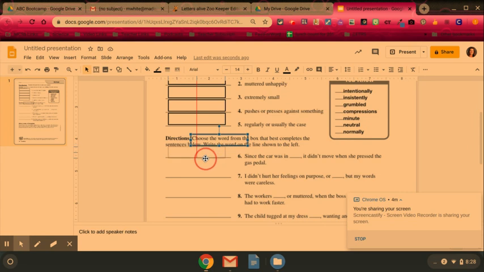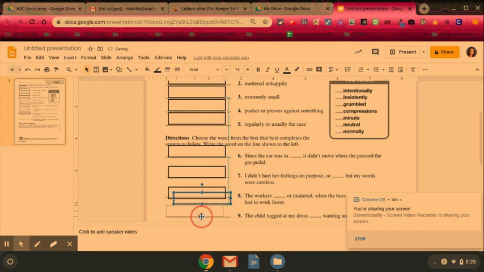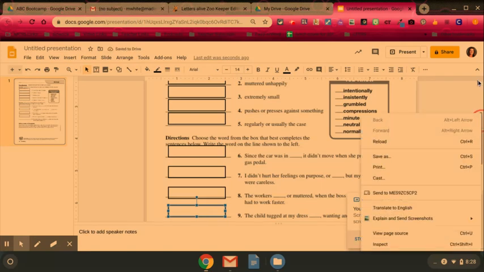And again, Control D. Control D. And Control D. Now, what you can do on the last part of this activity, I know it asks for